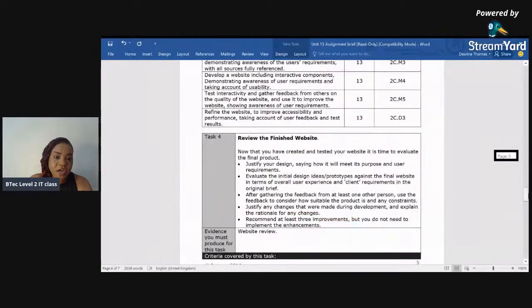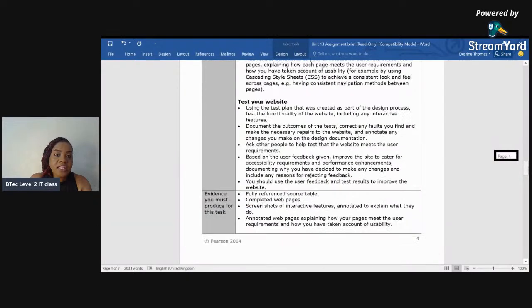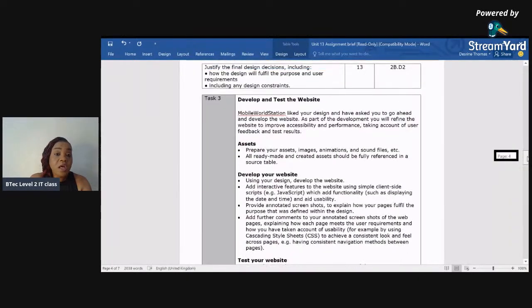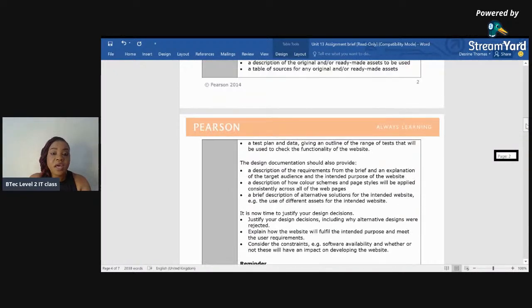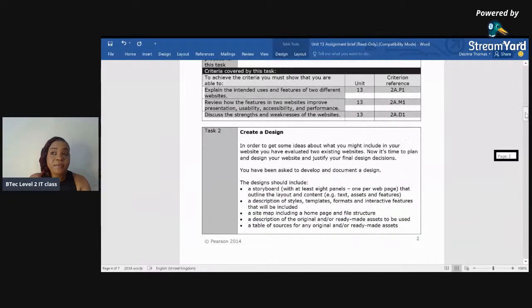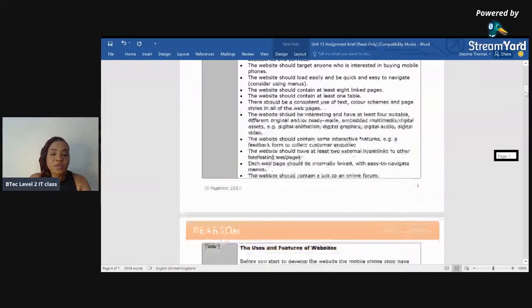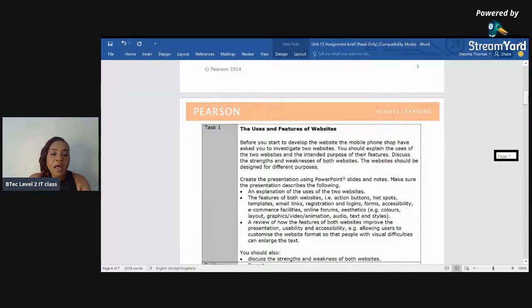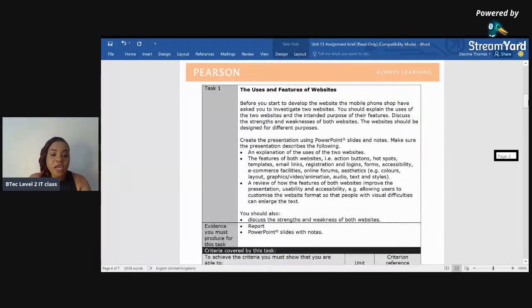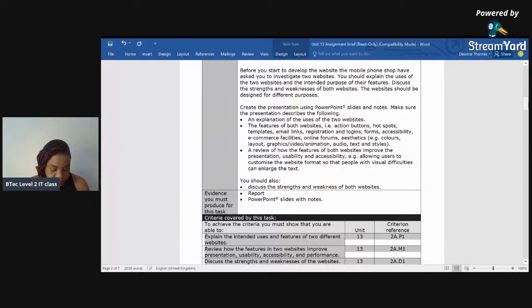Can you see that? So task 4 is assignment 4. Task 3 is assignment 3, the C assignment of the website. Task 2 is assignment B, and A and B is what we have just discussed. So remember, as I am concluding this bit of the assignment, you need to